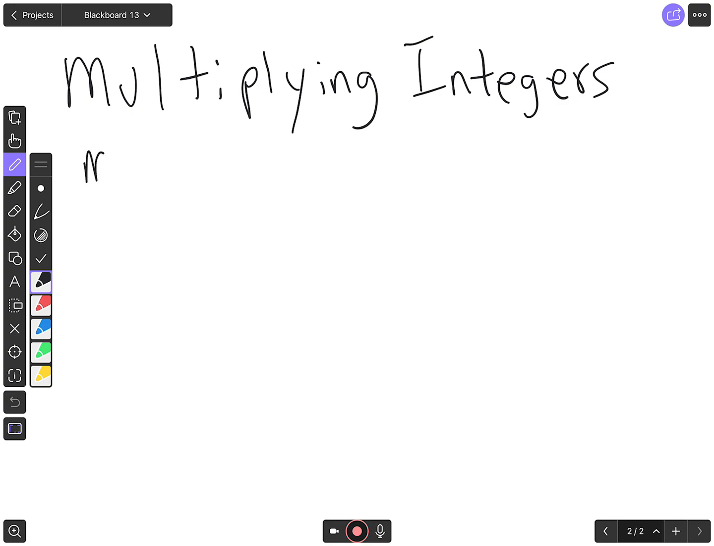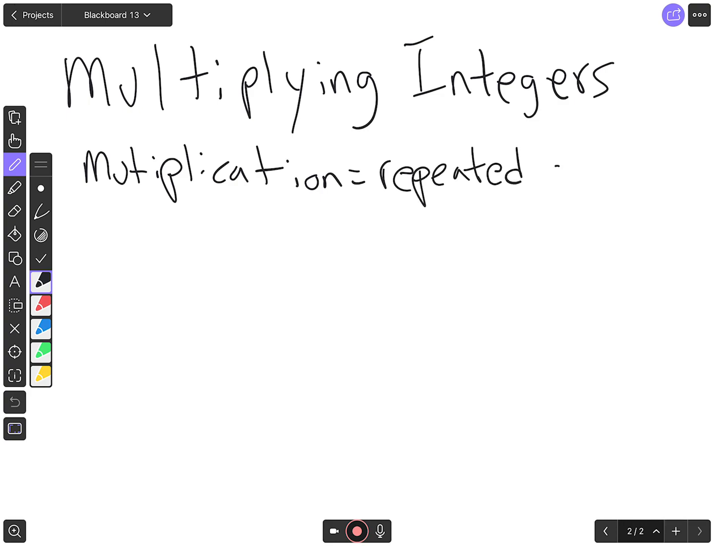Okay, multiplication is basically repeated addition. Okay, so the concept behind it is it's a short way of writing a lot of addition. So for instance, if I were to just multiply 3 times 3, okay, and what I'm going to do